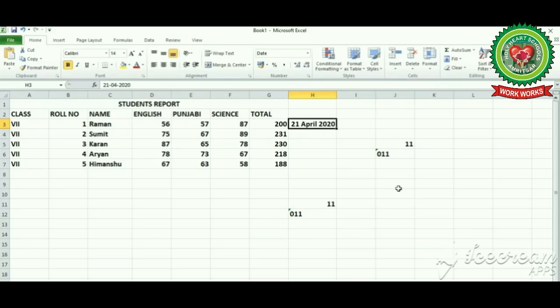Now how to change cell contents? Children, we have two methods to change the cell contents: replacing cell contents and using edit mode. First of all, I am using replacing cell contents. Just click on any cell, type a new value. Our previous value is 89 and I am going to write 78. When you want to edit any type of data, two buttons will be displayed on the formula bar, that are Cancel and Enter. If you press Cancel, your previous value will come again, and if you press the Enter key, then the new value will be saved.